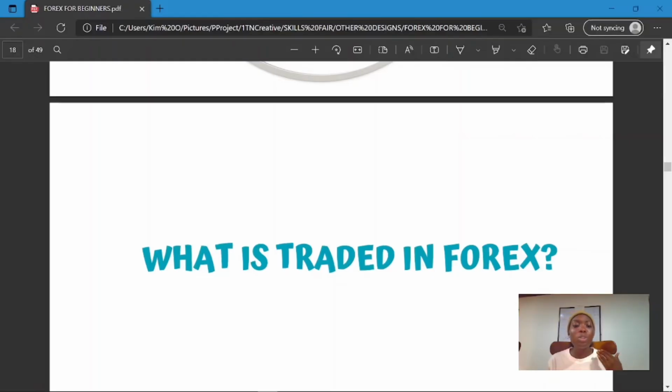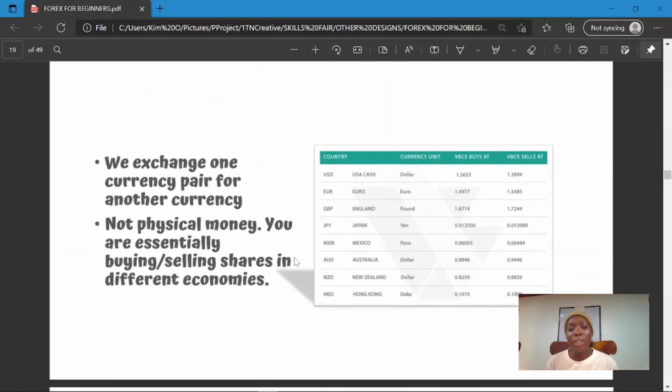Now we're moving on to what is traded in forex. By now we already have an idea, but to make it clearer and to help us understand what exactly it is, we know it's currencies. The question is which currency, how do we trade it, how do we know which one to buy and which one to sell, how do we know how to go about it? So what is traded in forex? In forex,